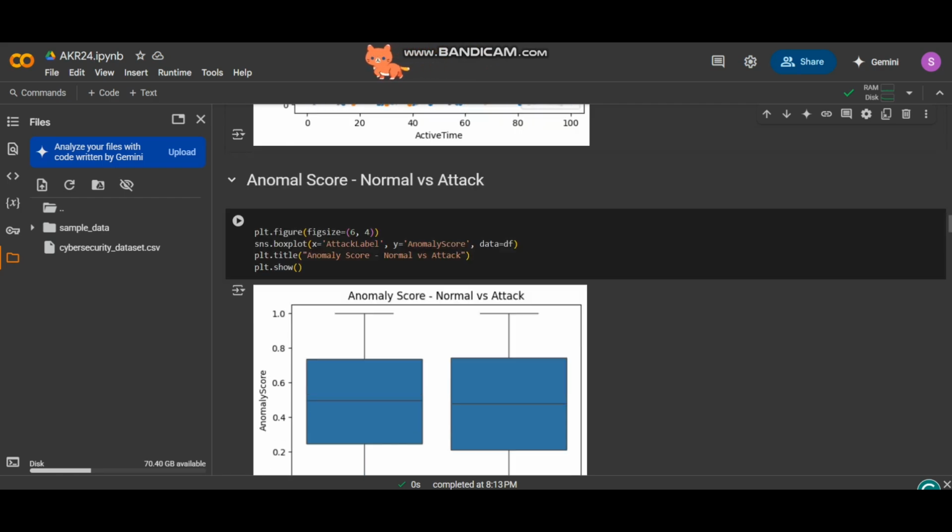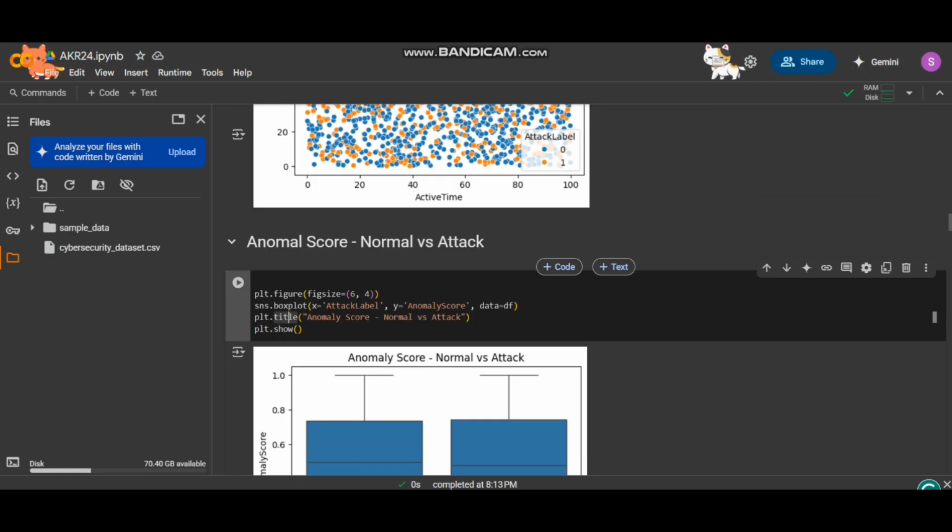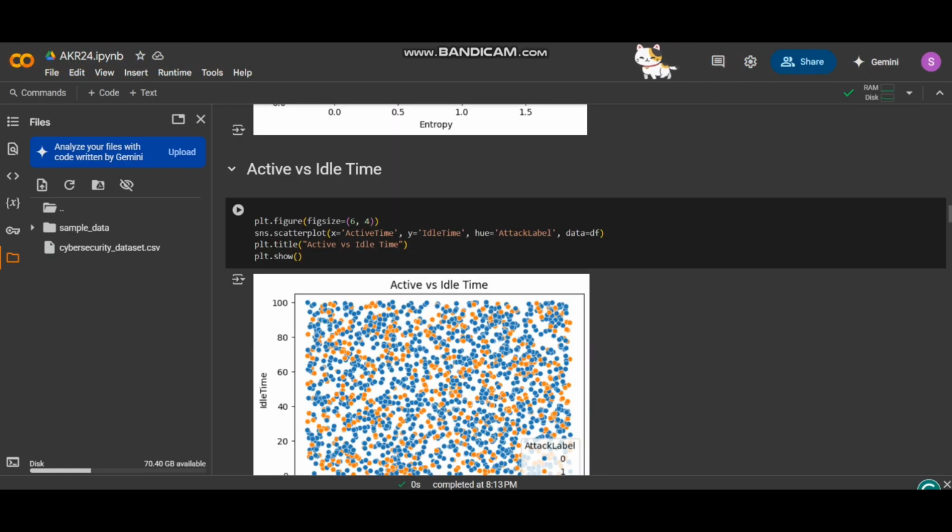Then we have another plot. And this is a box plot, and all of the box plot types you can just click here. Like this is a box plot, so it's mentioned over here. And for the scatter plot, this